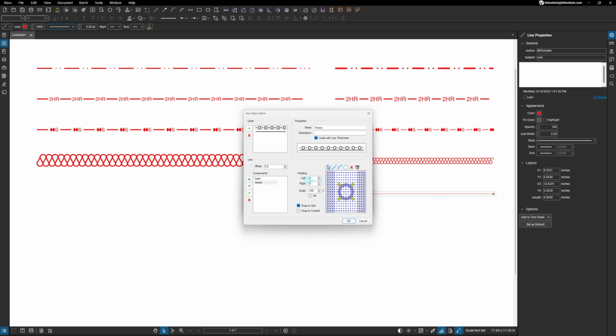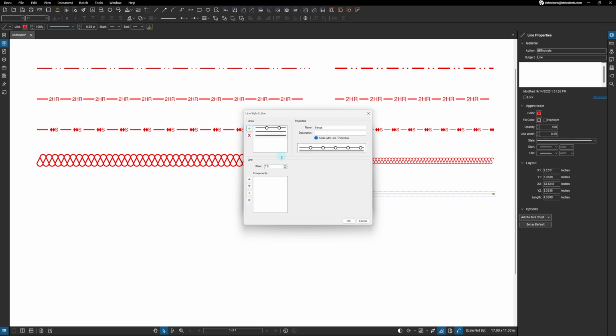Now I want to bring in my left and right padding because you can see there's a space in between, and a fence post will be connected to the chain link. So we'll just pull that in. And I need to go back and make the dashes wider, so it's a true fence. In this case, we'll just set that to 20. And now I've got my fence as the center line, but the curb that the fence is sitting on only